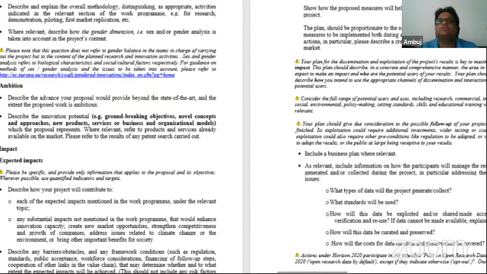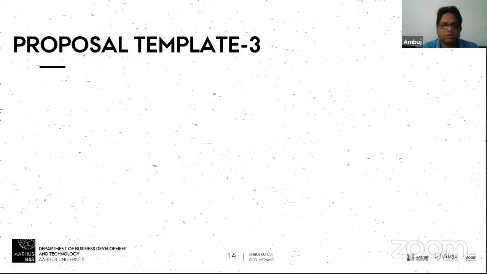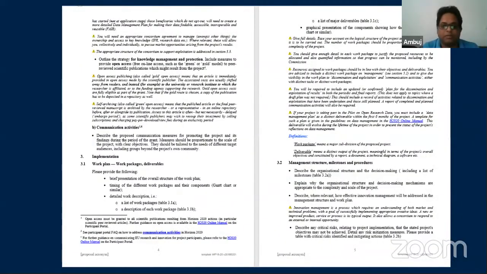So if you go to your work program, they will tell you the requirements of each section, what you need to put into each section. Then you have the implementation plan or the work package that I informed you of earlier.